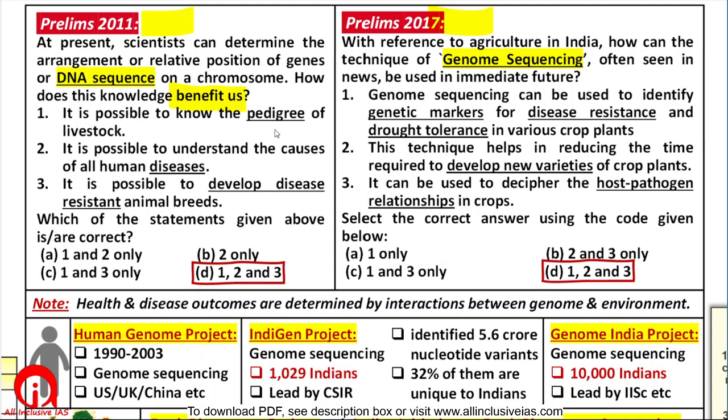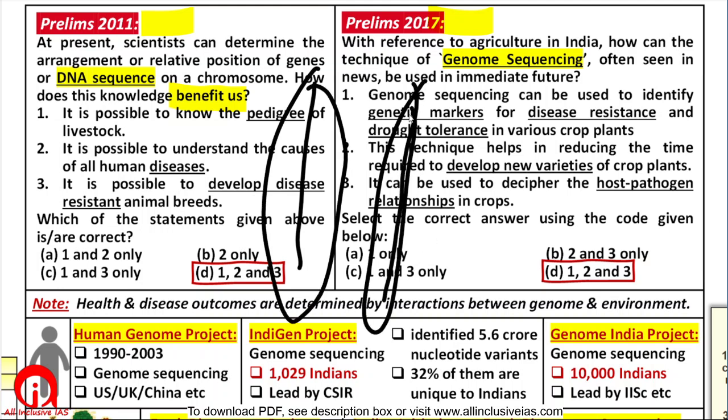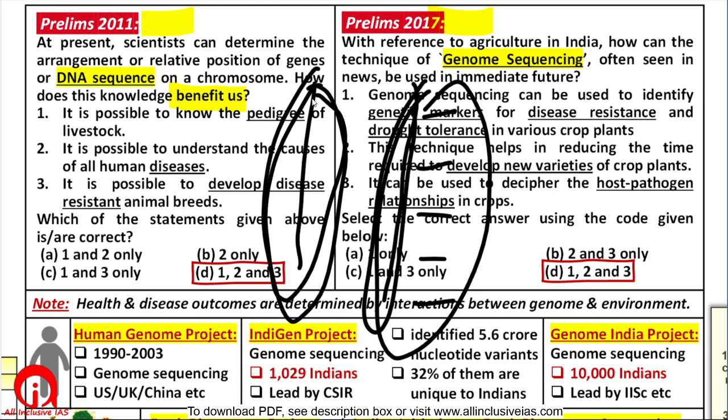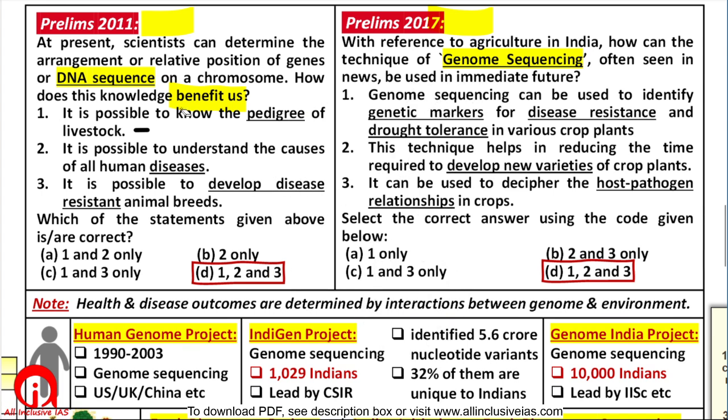Yes. See, your DNA is unique, but you can obviously see differences between races. This is one breed of dogs, and this is another breed of dogs. They will have much similarity within their genome. There will be differences between individual genomes, but overall they will have more similarity than with other pedigrees. So you can know about the purity of the bloodline of a particular livestock. Your genome sequencing will tell you that.